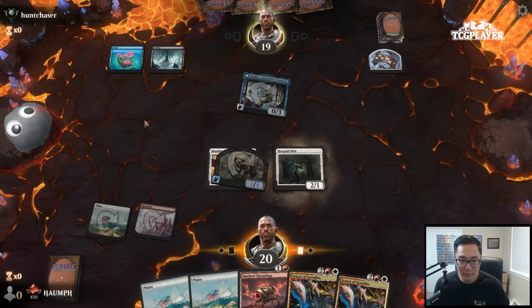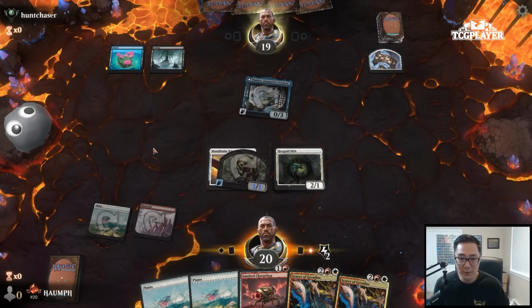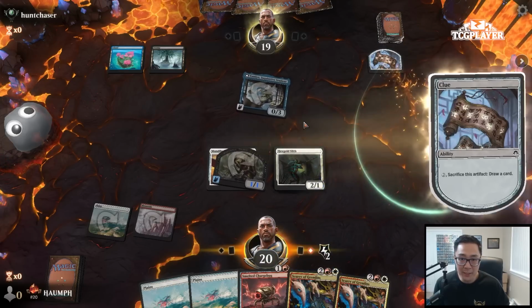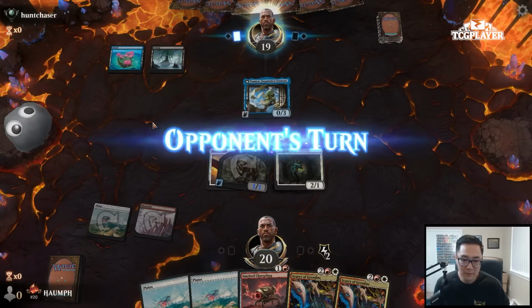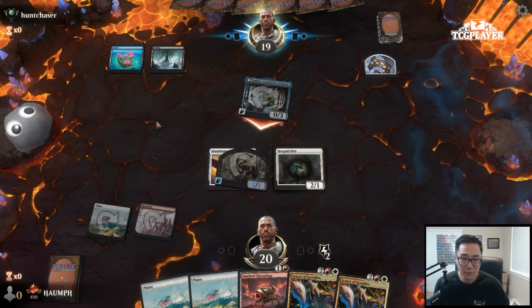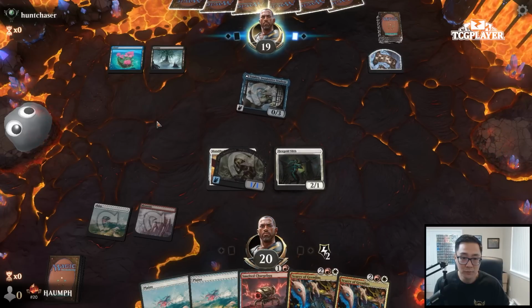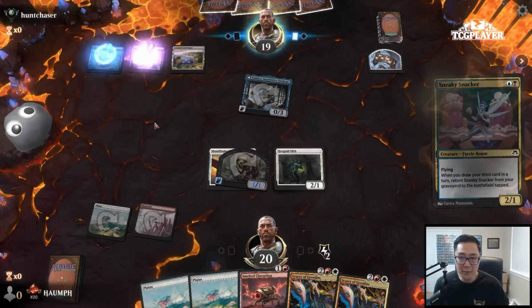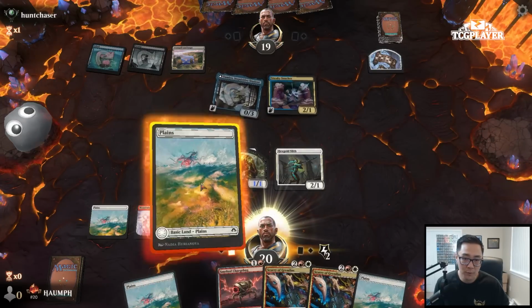But we're going to try our best. We're going to try our best. So they basically unmulliganed here. Tamiyo is so good. But if there's a deck that doesn't care as much about Tamiyo, it's this one, right? So...